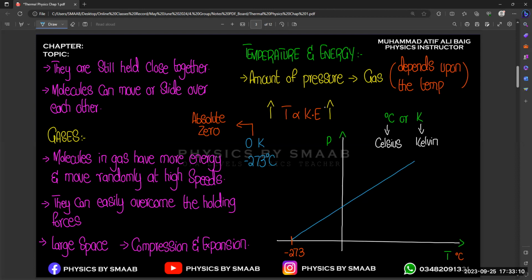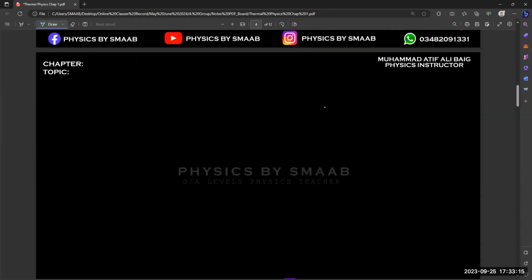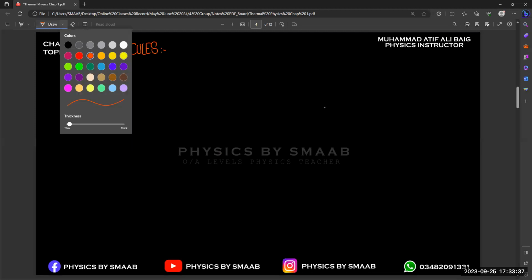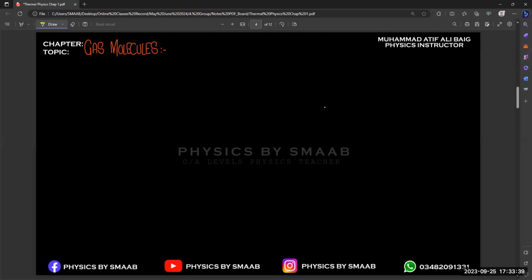And further, if we talk about some more concepts, let's suppose we consider the gas molecules, if we are having a cube shape over here or any container,